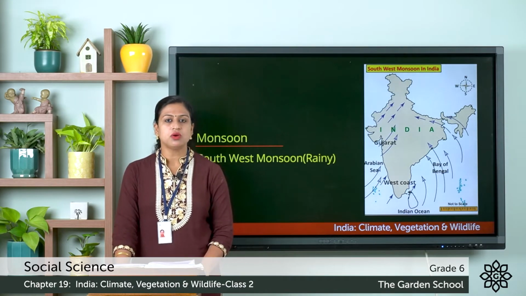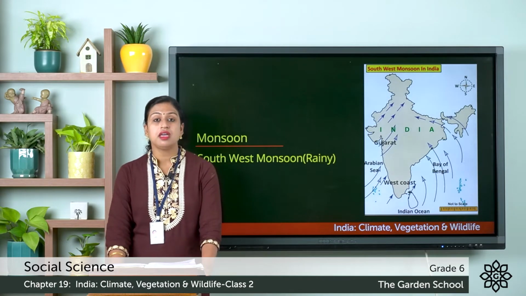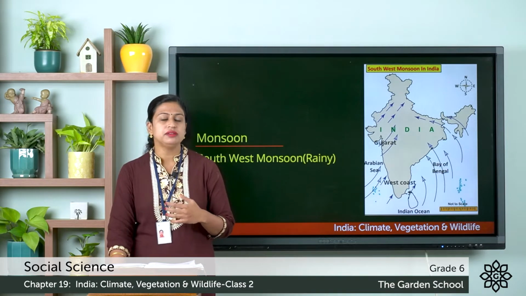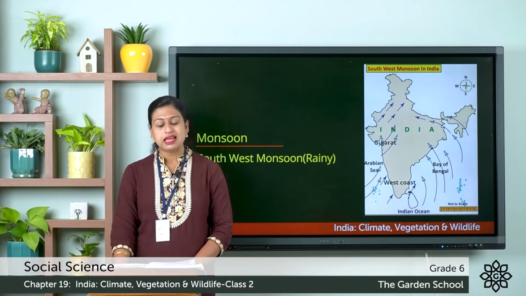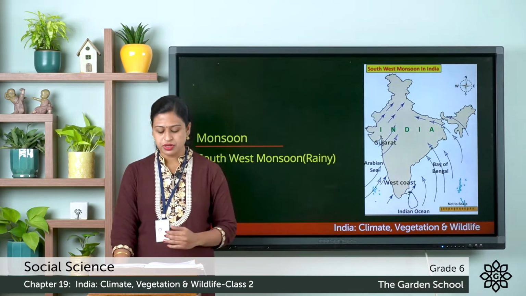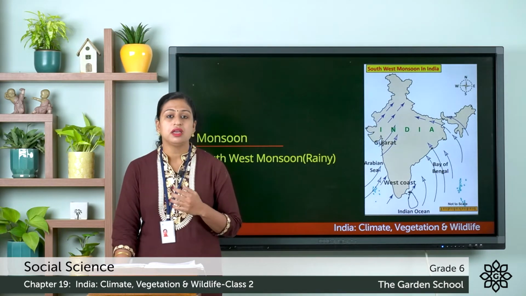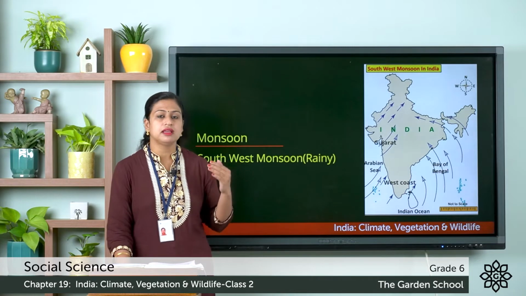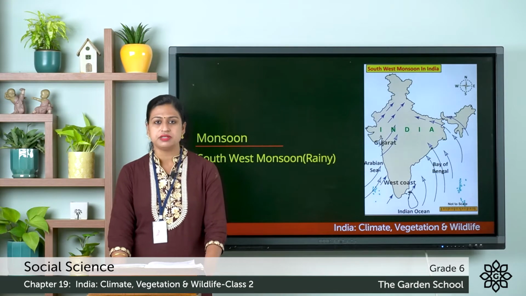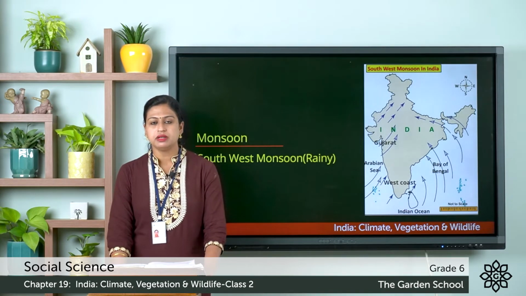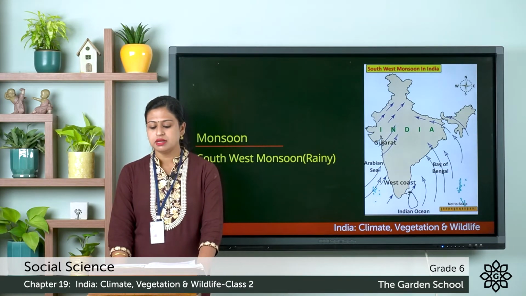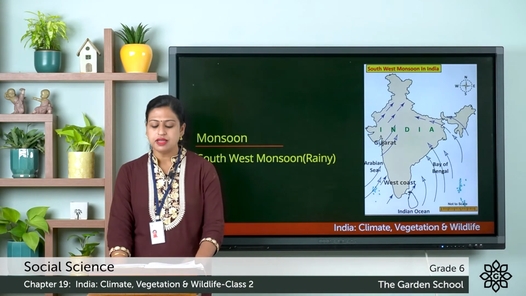Here the west coast and Gangetic Delta receive heavy rainfall of about 20 centimeter, and by the time the monsoon wind reaches the northern plain, it brings lesser rain of about 50 to 100 centimeter, and by the time it reaches western Rajasthan, it becomes dry, and the area, that is the Great Indian Desert, receives very little rainfall of about 25 centimeter. Towards the end of September the rainfall decreases and it reaches the plain of Punjab and the northwestern part of India in the month of September.